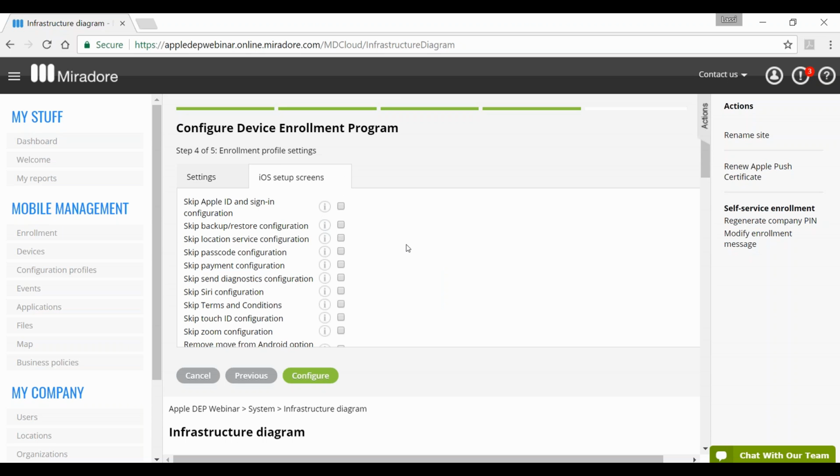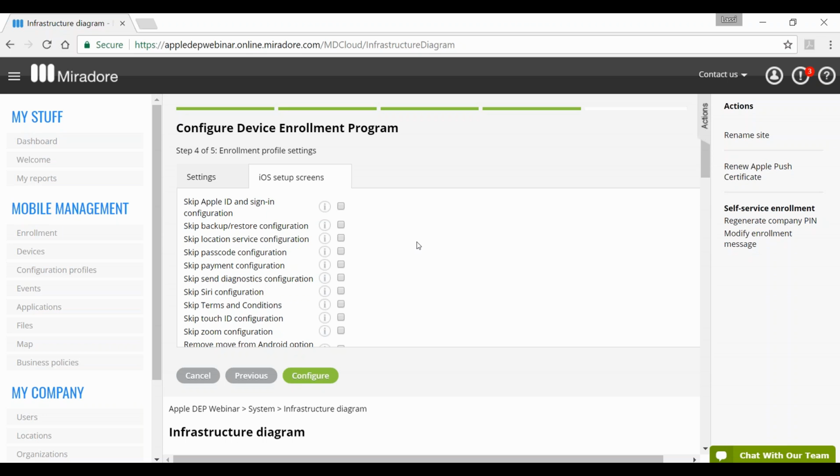Then about the iOS setup screen. When the device is enrolled, it requires the device to be reset. So it's either a new device or you need to reset a device which has already been in use. During the initial device setup, there are lots of screens where it normally asks the end user all kinds of questions.